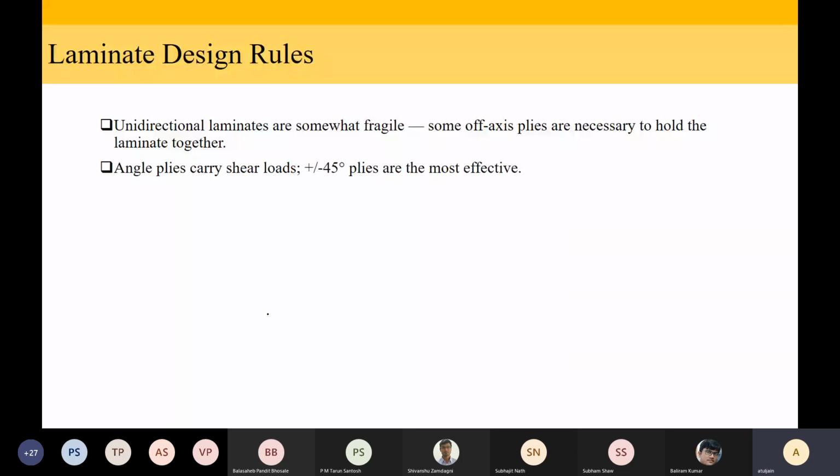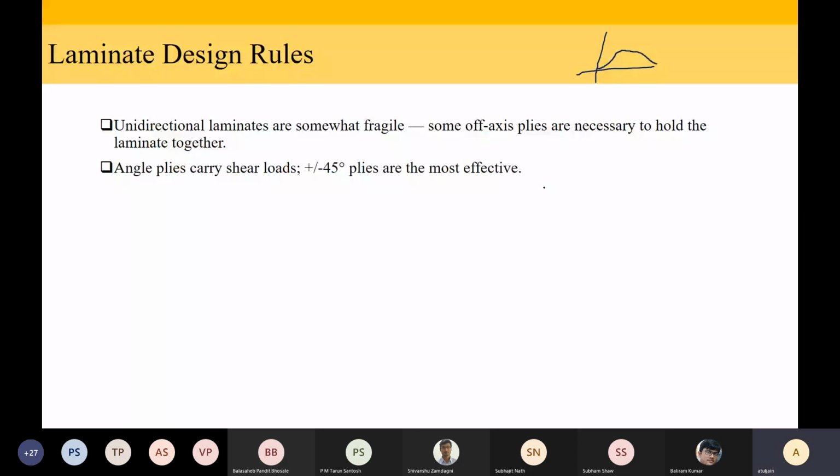Rule number two is, if you know that your laminate is subjected to mostly shear loads, then you are advised to use plus minus 45° laminates. This is obvious because we have seen that the shear modulus was going like this. At 45°, it was peaking.